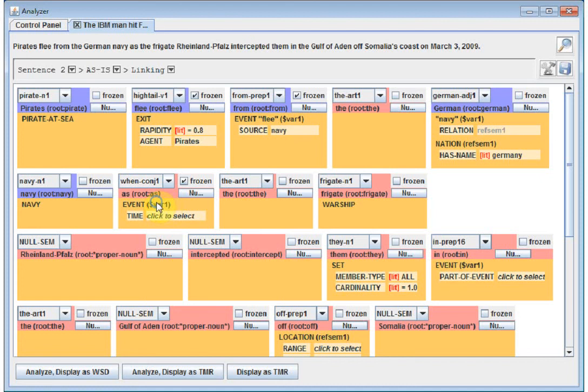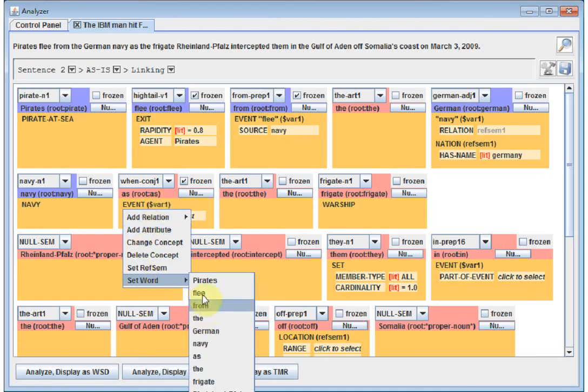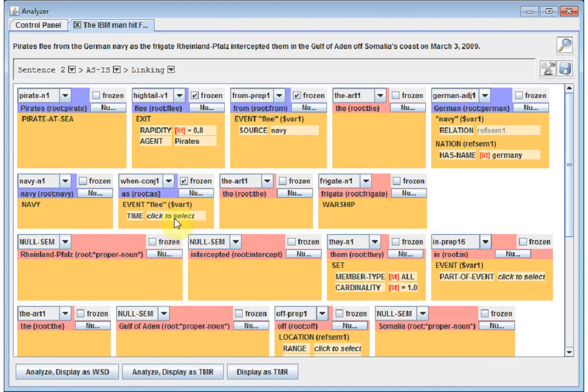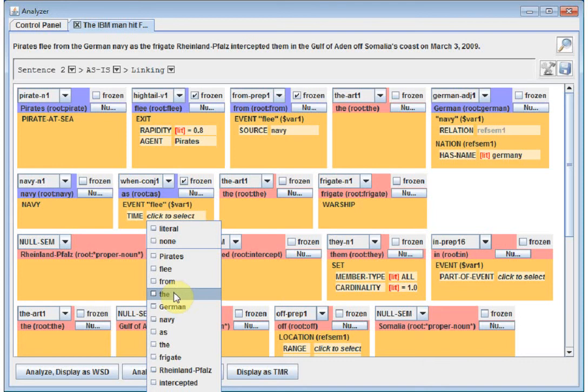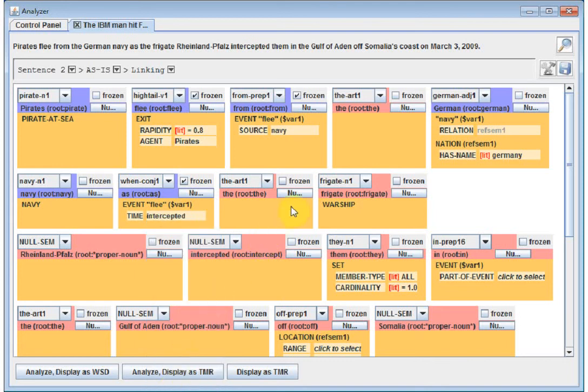And so var1 is going to be set word. They flee as at the time of the interception. So the frigate, that looks right. Alright, this is gonna have